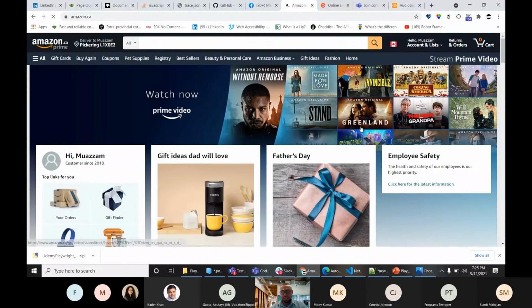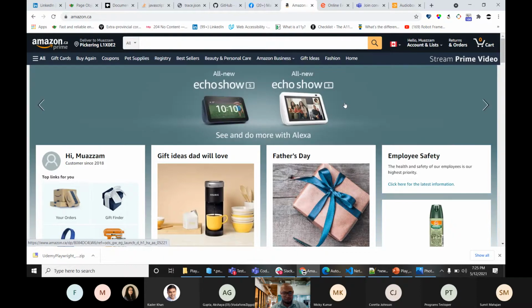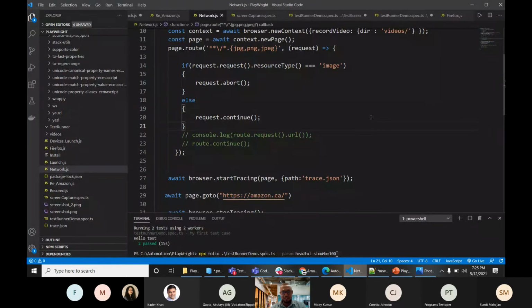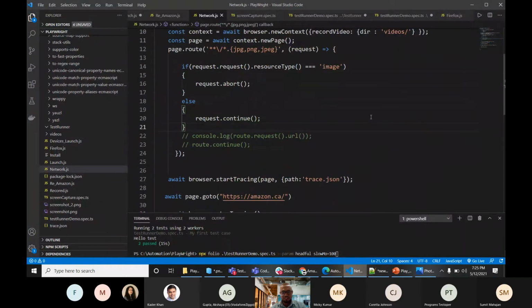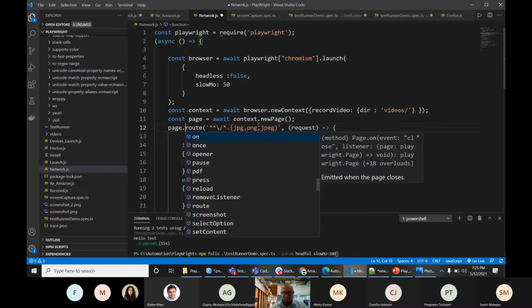So you see all the images, right? Playwright gives an option, you can disable the images. So doing the same thing, this is my script. What I'm doing is initiating a browser, the context to capture video, then a page is being created. And by using the route is to